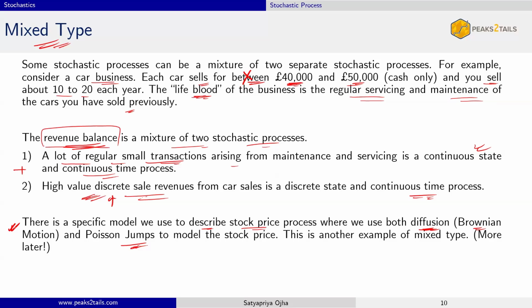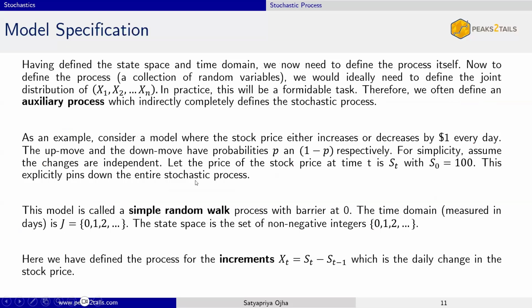Okay, so now after this class, I want you to go back and start looking at different random processes in real life and think what kind of model you should use. Is it going to be one of those four categories, or should it be a mixture of two different things? Because there are separate stochastic processes that are contributing to that particular variable. So you have to think like that. This is a pure modeling thought process. Okay, so mixed type. All right.